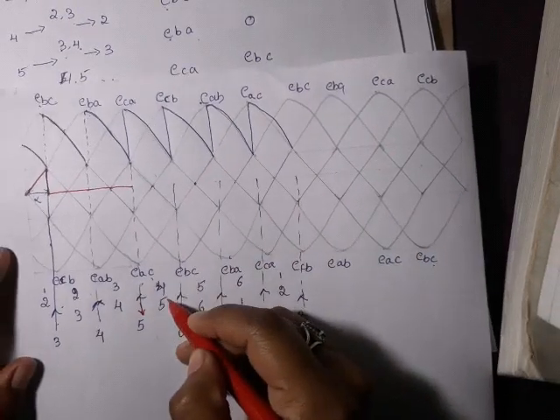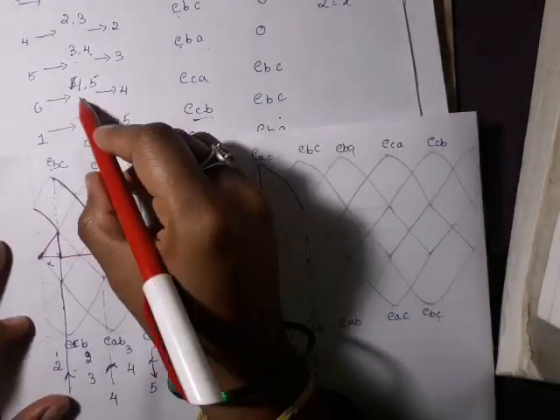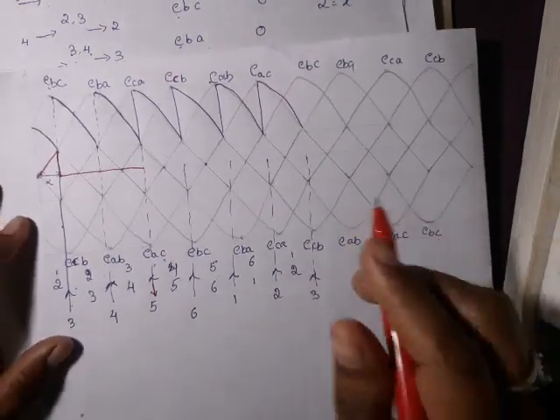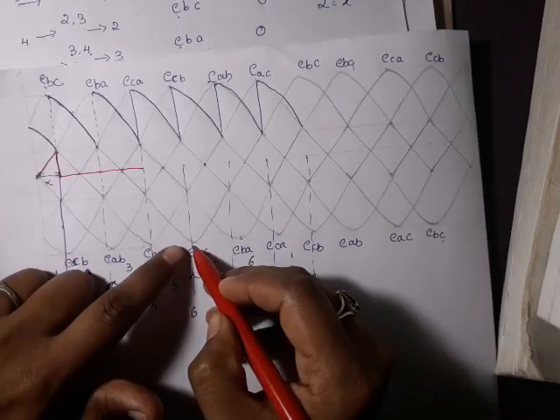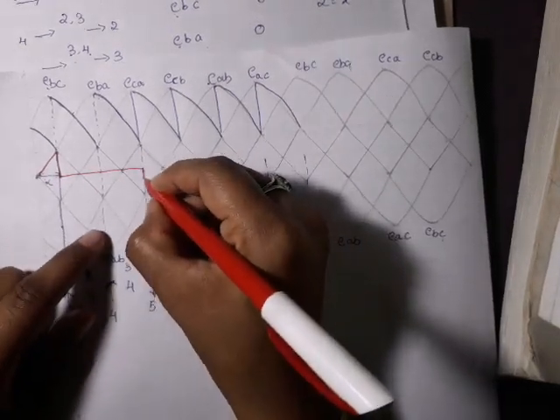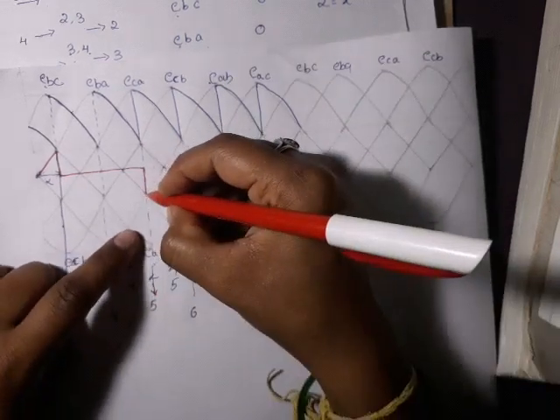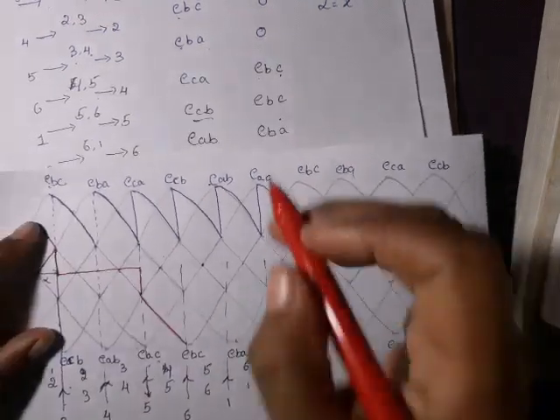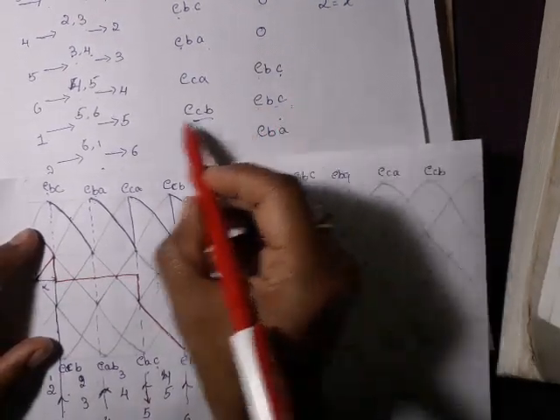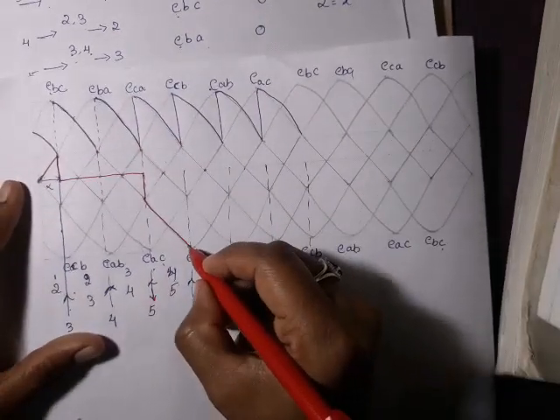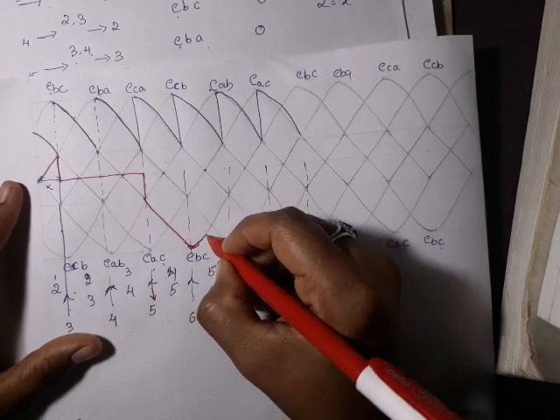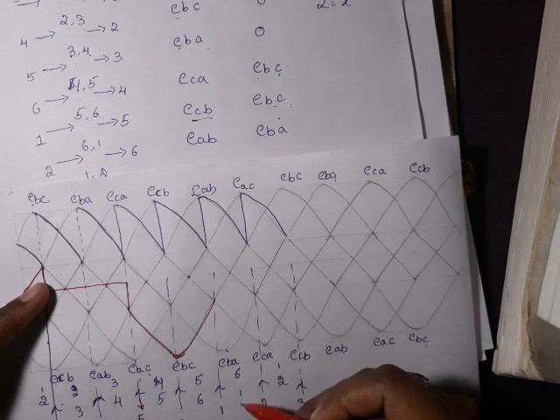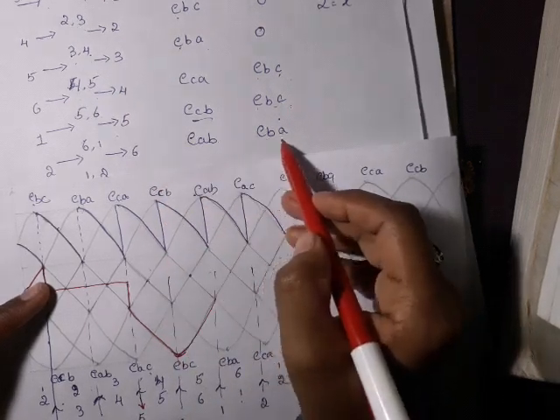Then valve number 4 and 5 conducting. When valve number 4 and 5 are conducting, the valve 3 voltage is EBC. So where is EBC? Here we have EBC. It will drop to EBC at this point. It will continue to be EBC while 4-5 conducts. Later, it is still EBC when 5-6 is conducting. It will continue with the same. It will follow EBC.